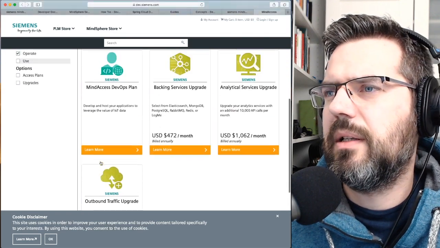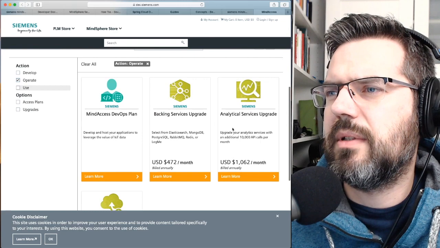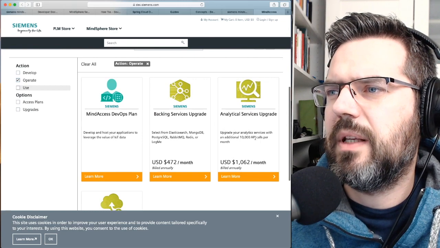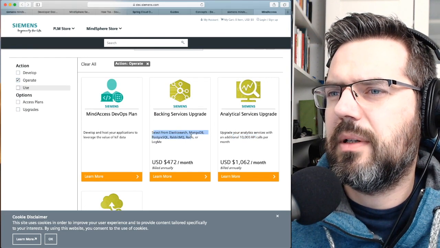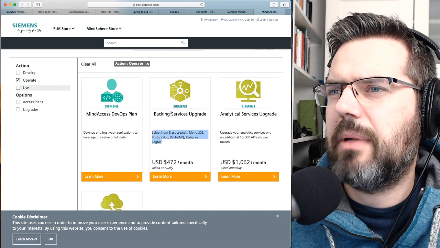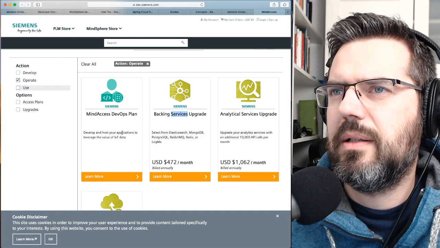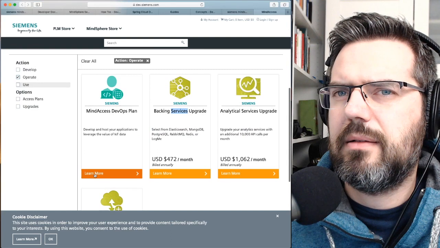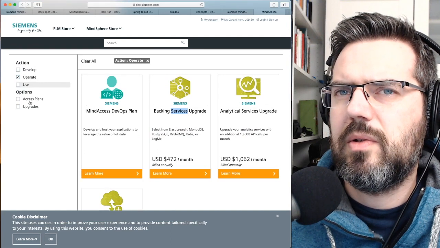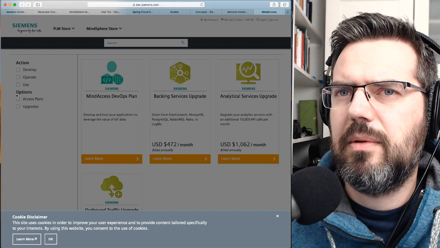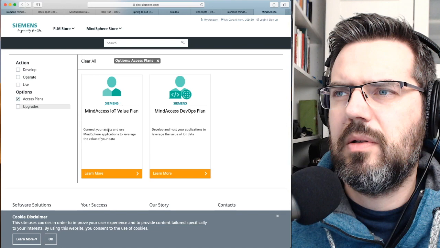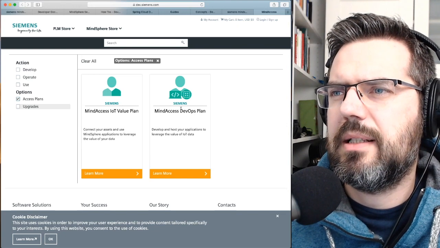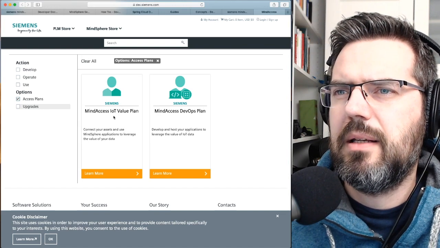Outbound traffic upgrade. Analytical service upgrade. 10,000 API calls. What does select from Elasticsearch MongoDB is already with MQ? Backing service upgrade. Develop. Access plans. Mind access to ops plan.